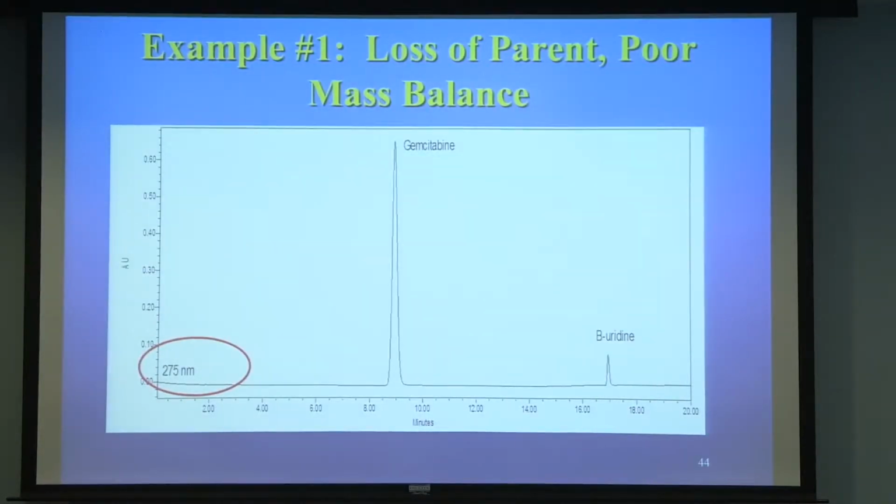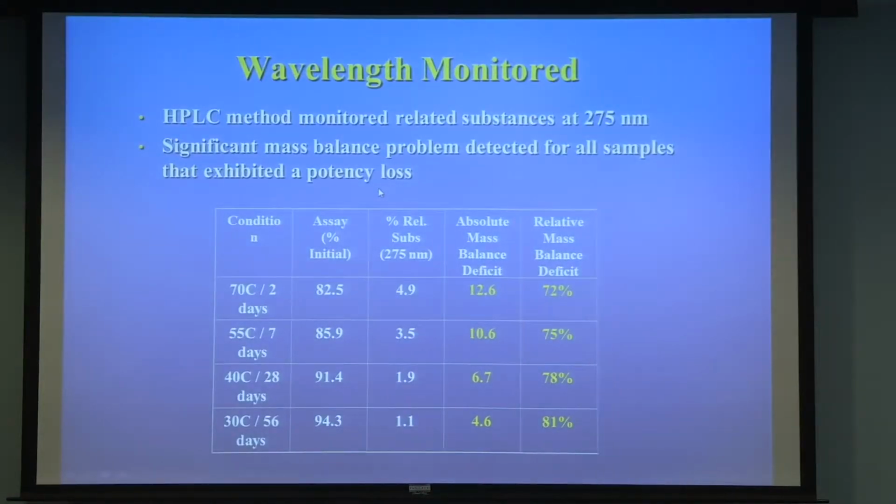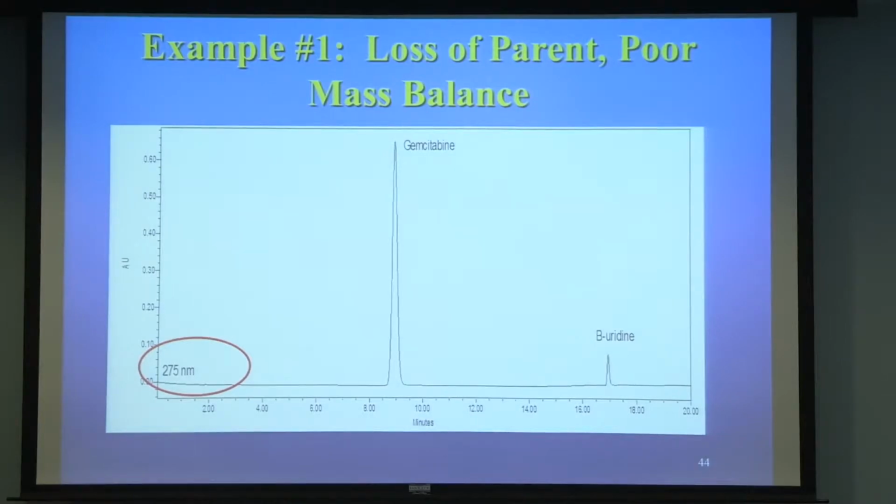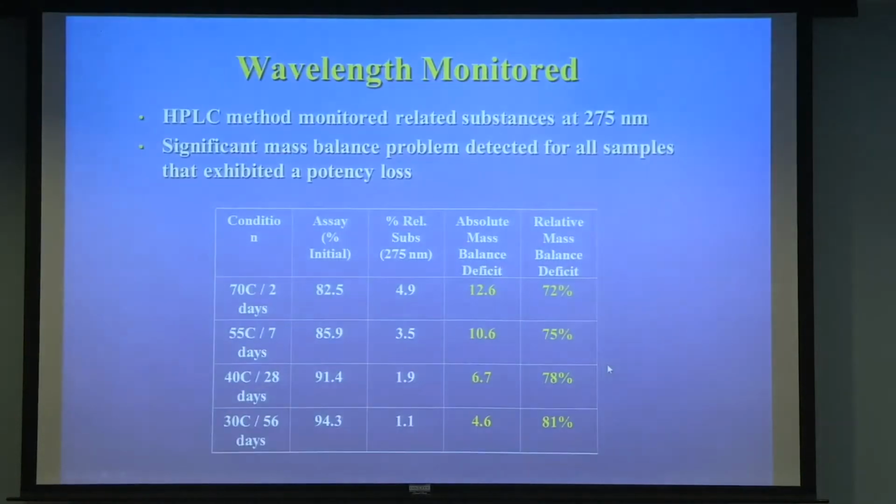We saw the method that was in place was monitoring at 275 nanometers for gemcitabine. We saw only one degradation product. It was the beta-uridine under whatever condition we were looking at. So it's a poor mass balance. If you look at the mass balance, for example, you have